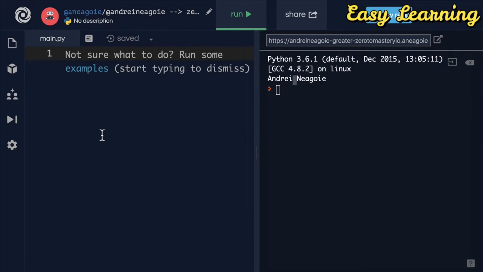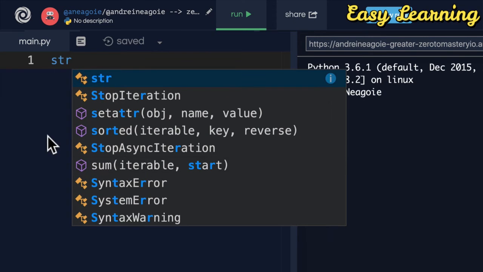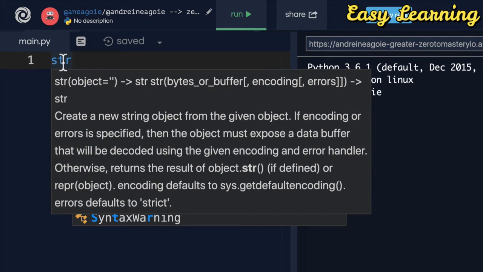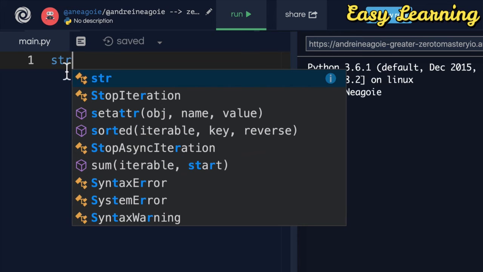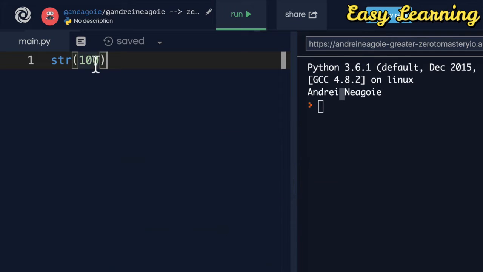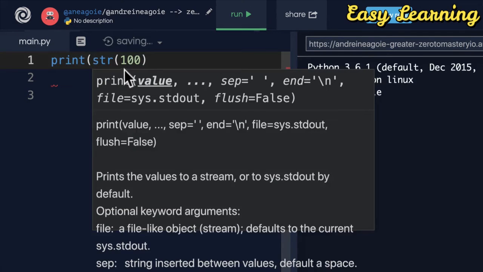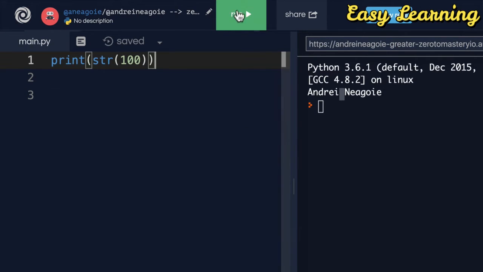Welcome back. Remember in Python that string is written as str, and this is a special word. Actually, it's a built-in, what we call function, or built-in action that we can take. Now, let me ask you this. What happens if I do string 100? 100 is clearly a number, an integer. But what if we run the string function on this? Let's find out. Let's do print here and then run this. If I click run,